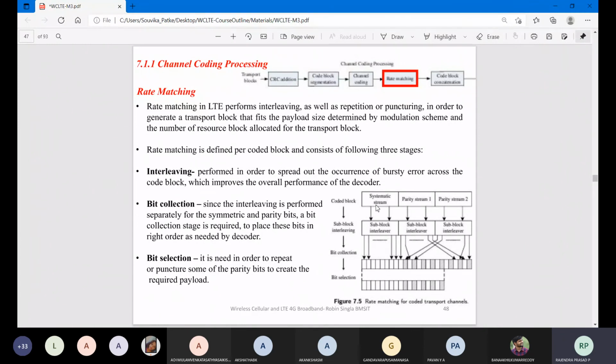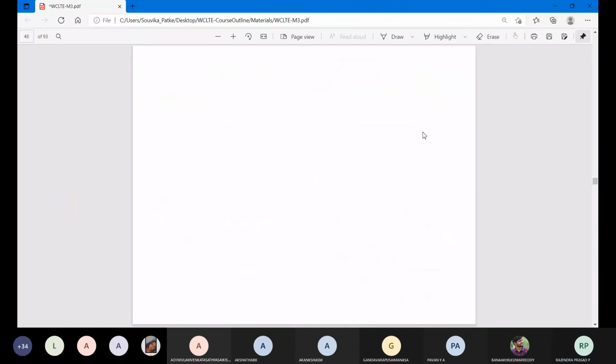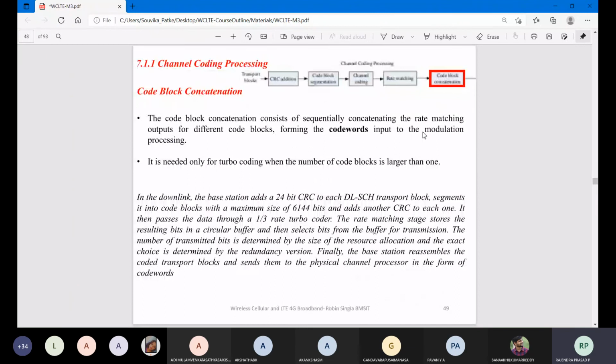So there is a coded block, stream, interleaver part. You have all sorts of data which have been collected. Out of this collected data, I will select only the data information. Other information I will suppress. Your parity bits, all those six, at the receiver are not needed. At the receiver side, it is not needed. So channel coding processing, this is the last part in this one.